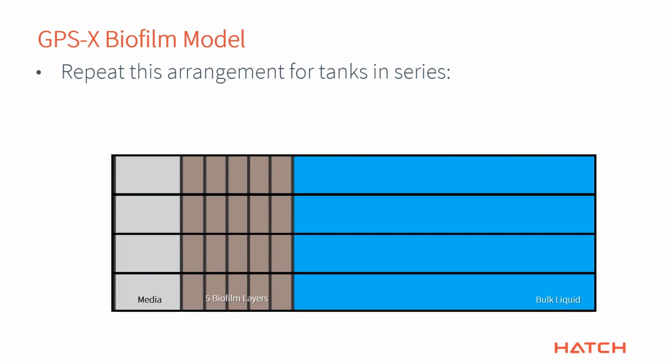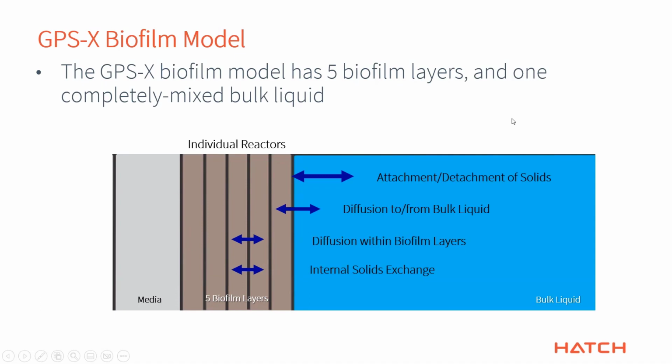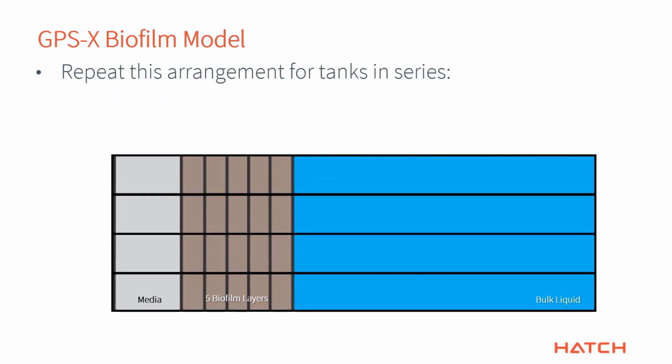So we do that by taking, let me just go back one slide here, the thing that I showed you before and then just repeating it over and over again in series. And what the representation is, is the flow moving along the bulk liquid and interacting with the different parts of the biofilm. So for example, in a trickling filter, as I showed you in that picture earlier, the flow would come in at the top, and that flow would be out here in the bulk liquid moving down and